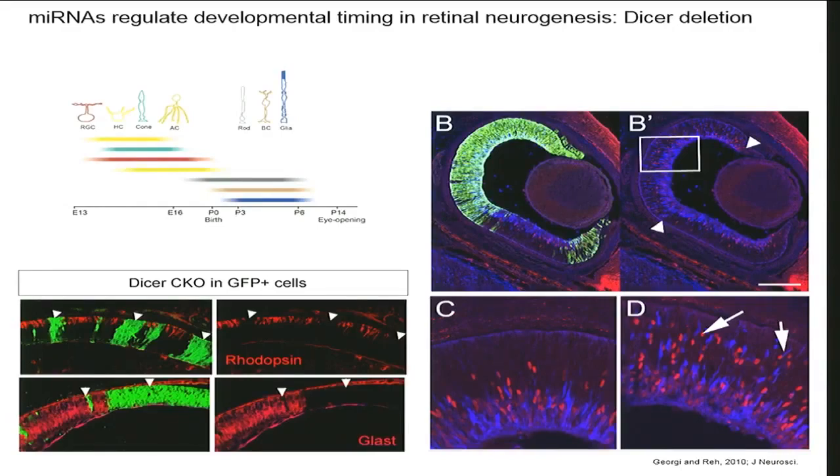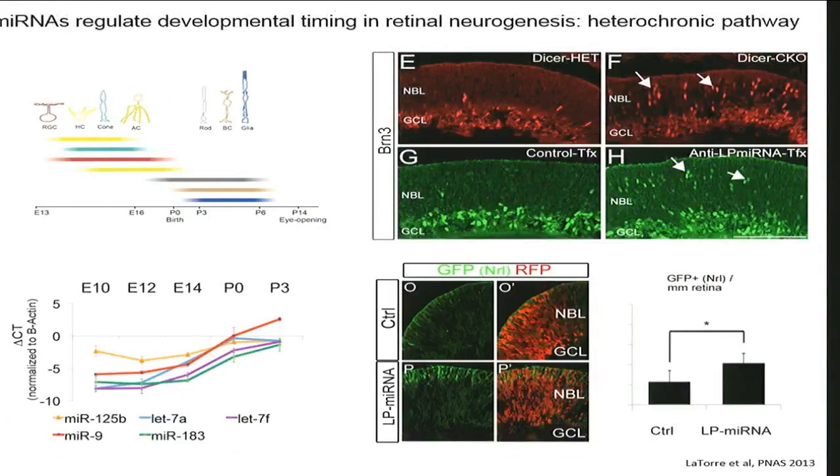So this red marker is ganglion cells, and the retina just keeps producing the ganglion cells over and over again. And it never progresses to where it makes rhodopsin. These gaps show the deleted region with no Dicer, and it never makes glial markers. So the clock basically stops when you knock out microRNAs. So we went and looked to see what microRNAs were involved in this, and we found indeed that let-7 and Lin28 were part of this pathway.